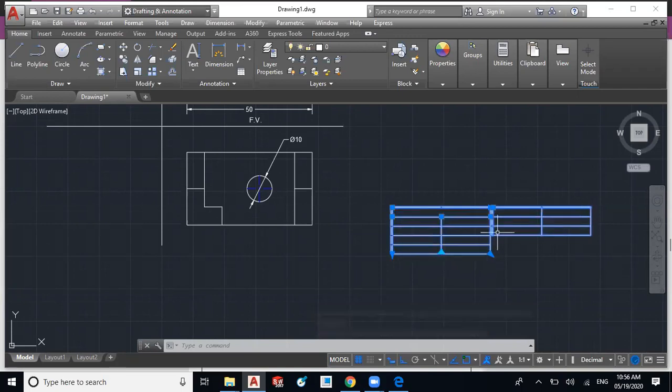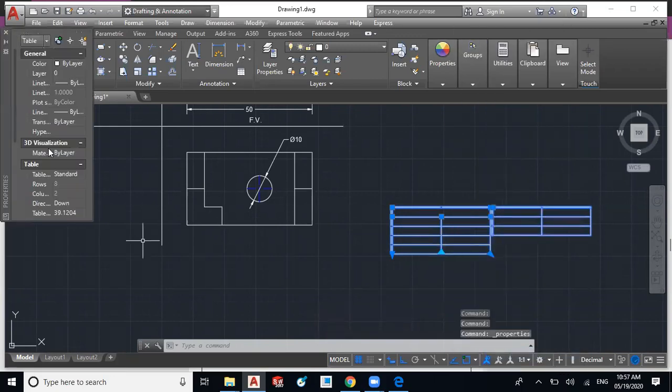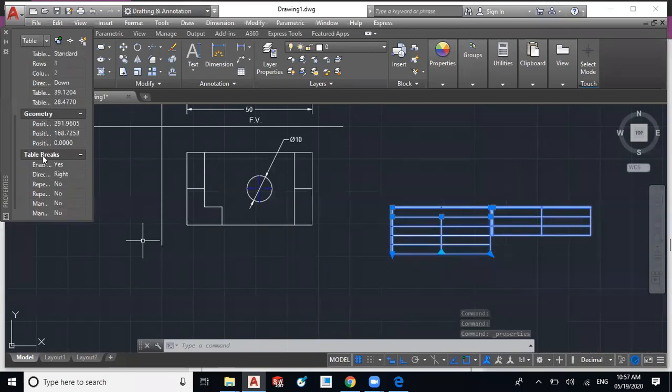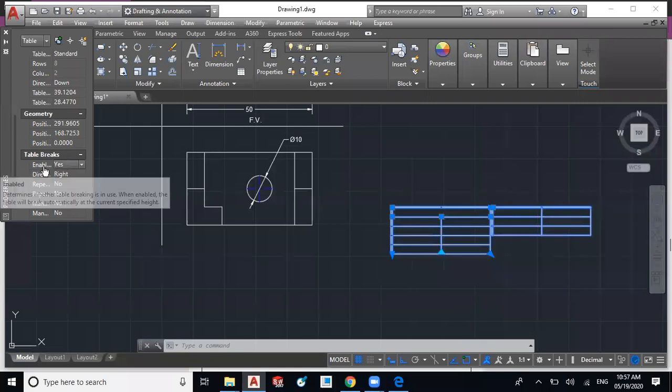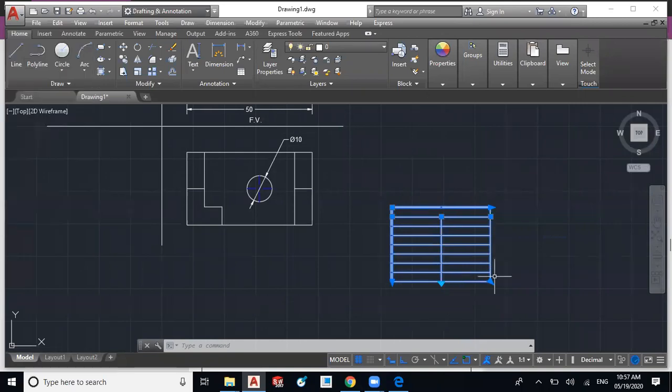Just select the table and open the properties, scroll down in these properties, and you will get the table breaks option. You have to select the first option, that is enable breaks, and select no to get a proper table. Then the light blue arrowhead will switch in the opposite direction and the table break will be deactivated.